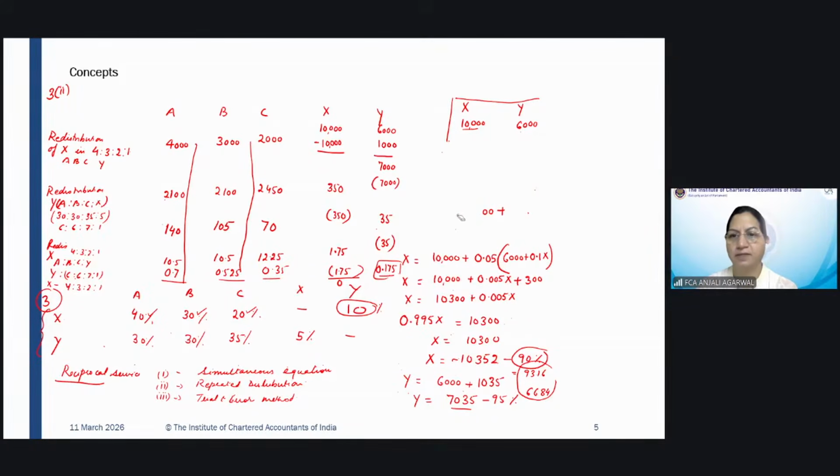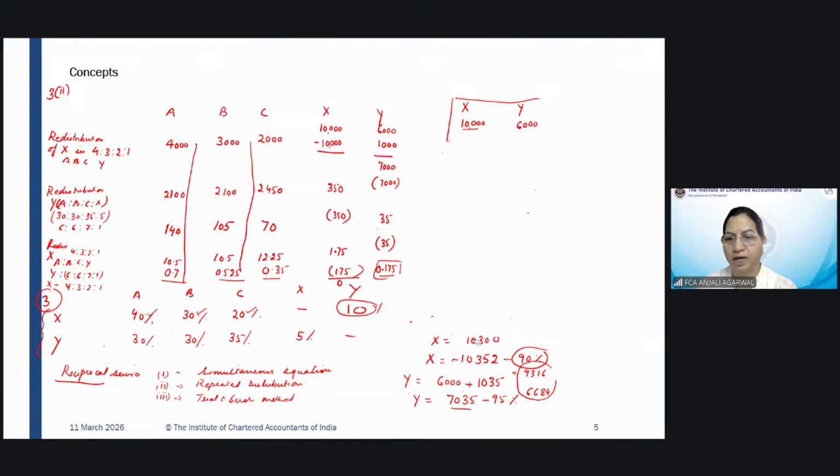The next method is trial and error. So in trial and error, what we do is we will get the same answers as 10,352 and 7,035. Though we may not be using a calculator, we can do it almost without a calculator. So let me start with trial and error. I'm using a different color pen so that you can distinguish. So the total of X is 10,000 and the total of Y is 6,000. From this information,